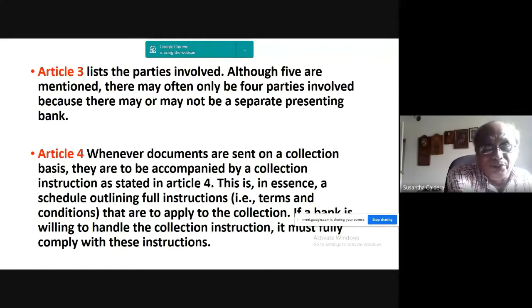I am not going to talk much about this. Although five are mentioned, there may often only be four parties involved because there may or may not be a separate presenting bank. As parties, they say principal, remitting bank, collecting bank, presenting bank,